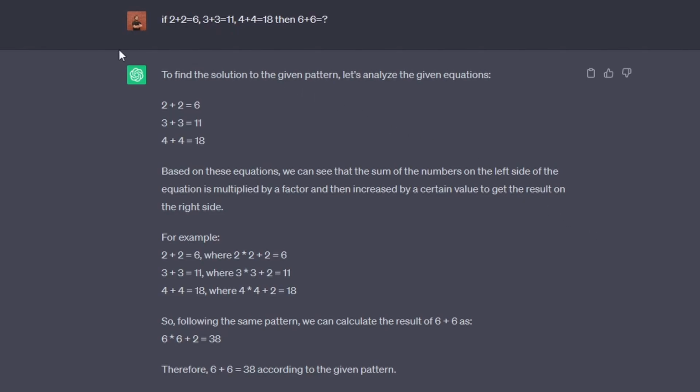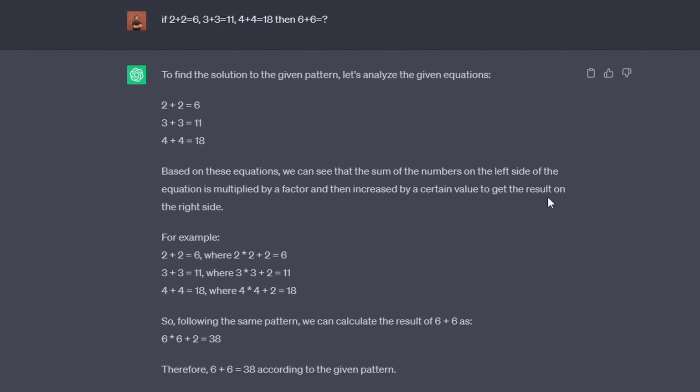So I basically asked the same question to ChatGPT and let us analyze the response. These are the given statements: 2 plus 2 equals 6, 3 plus 3 equals 11, and 4 plus 4 equals 18. Then ChatGPT লিখেছে, based on these equations we can see that the sum of the numbers on the left side of the equation, basically these two numbers,